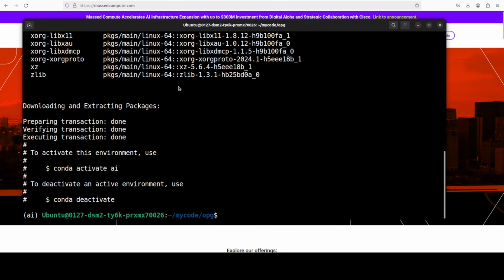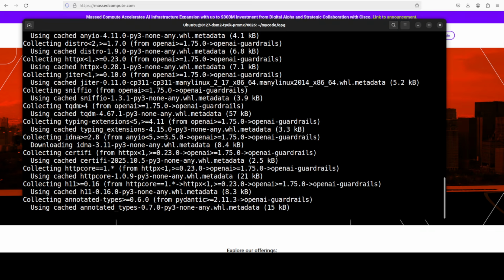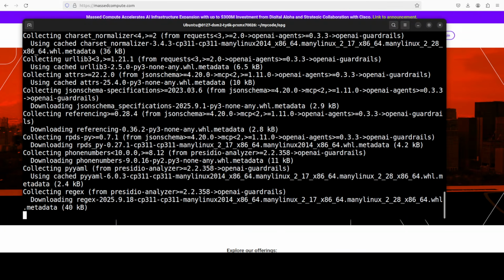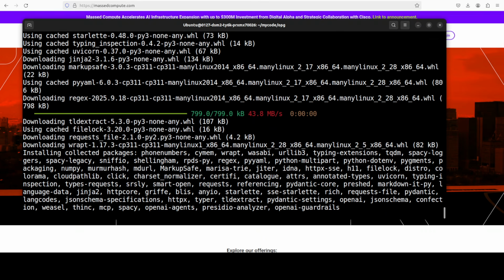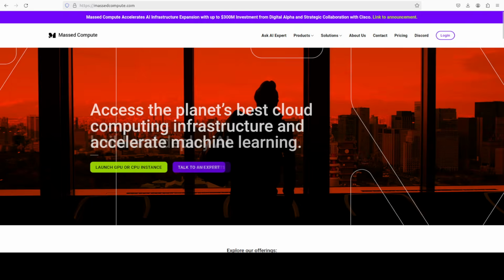Now the next step is to install OpenAI's guardrails, and it is a simple pip command, as you can see here. That's about it. Now once you have installed, and it is going to take a few seconds,